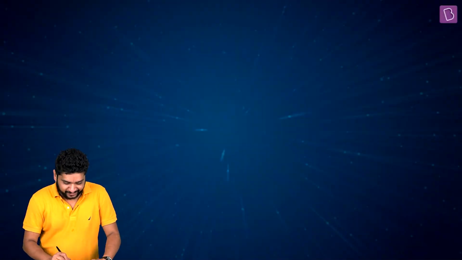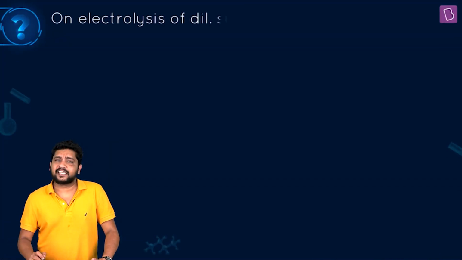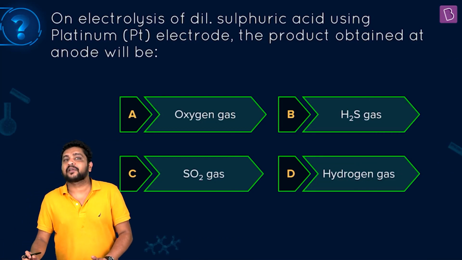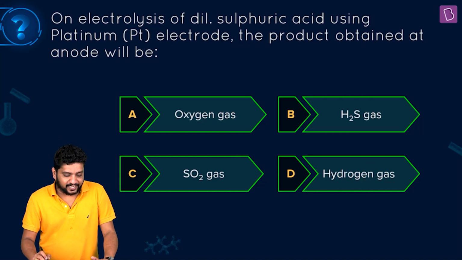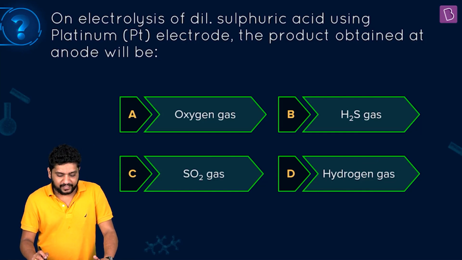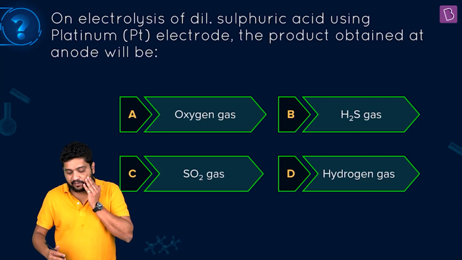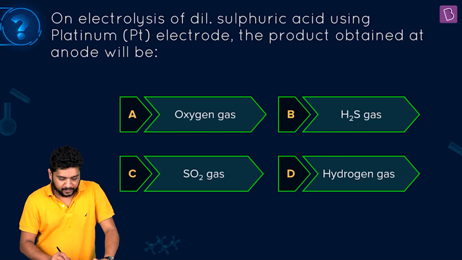Okay, now let's look at the next question. It's an interesting question from electrochemistry. Simple question, but something that you have to be very much clear about if you are looking at the basics, right? The question says on electrolysis of dilute sulfuric acid using platinum electrodes, neutral electrodes, the product obtained at the anode will be, right? Gases are given to us: oxygen, hydrogen sulfide, sulfur dioxide, and hydrogen gas, right? So going forward,